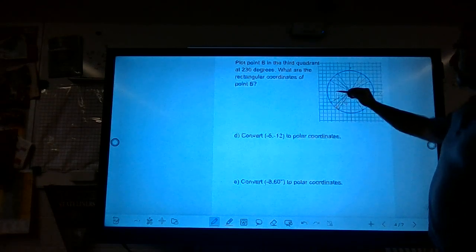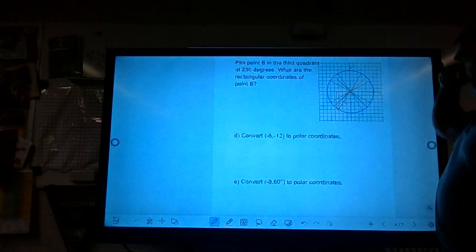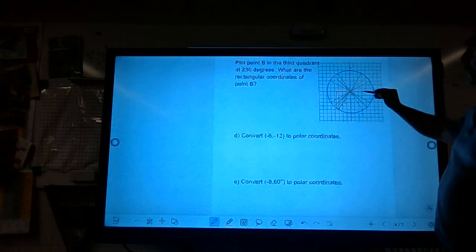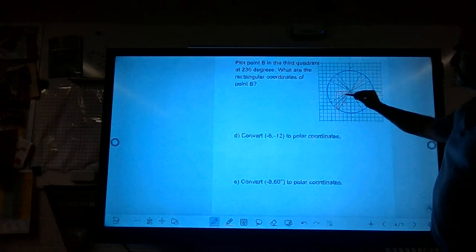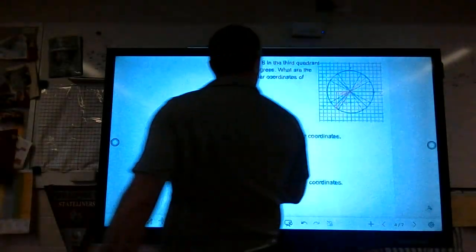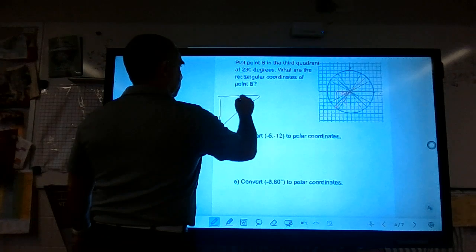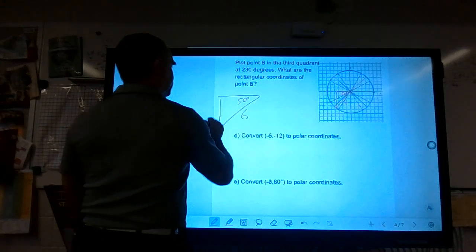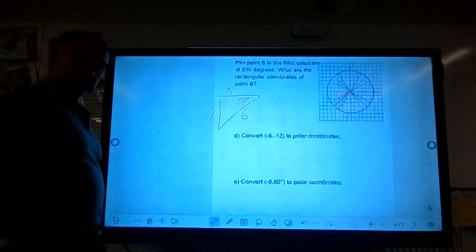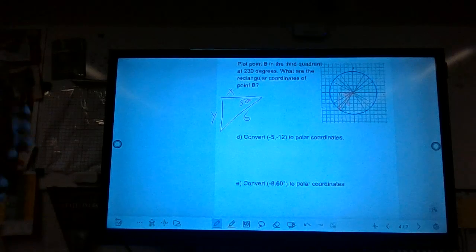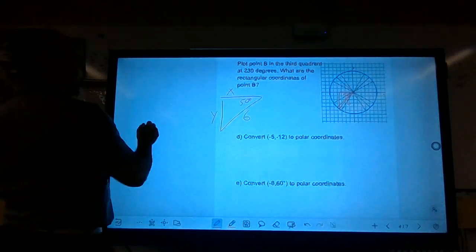If I draw myself a triangle here, how many degrees did I go all the way around? 230. Subtract off those first 180, and what you have is a right triangle with an angle of 50 degrees and a hypotenuse of 6. All right, so now all we have to do is, if I want to find out what that x-coordinate is,